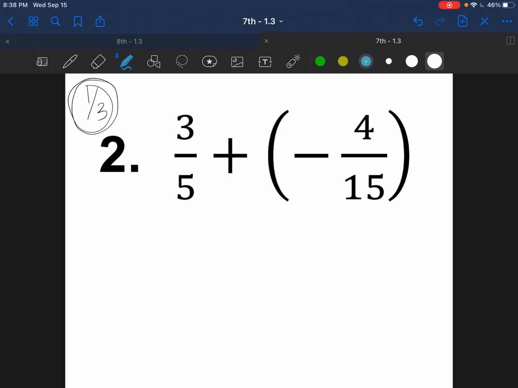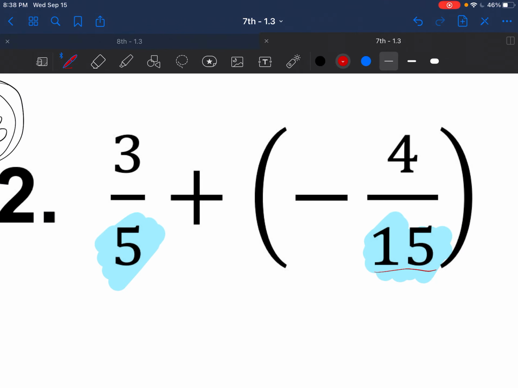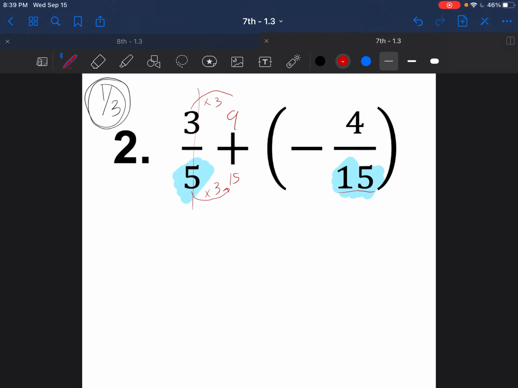To get an answer, first of all, we need to have a common denominator. So what number do 5 and 15 have in common? They have 15, right? So how do we get 5 to 15? Well, we have to multiply by 3. So if we do it on the bottom denominator, you've got to multiply on the top. 3 times 3 will give you 9. I'm going to rewrite this right now because it's a little messy. So we have 9/15 plus negative